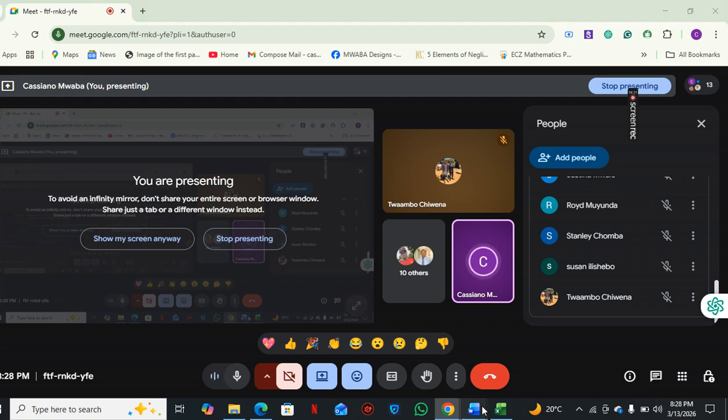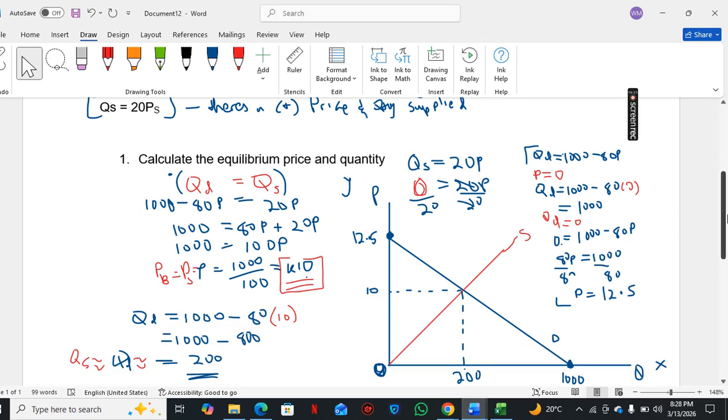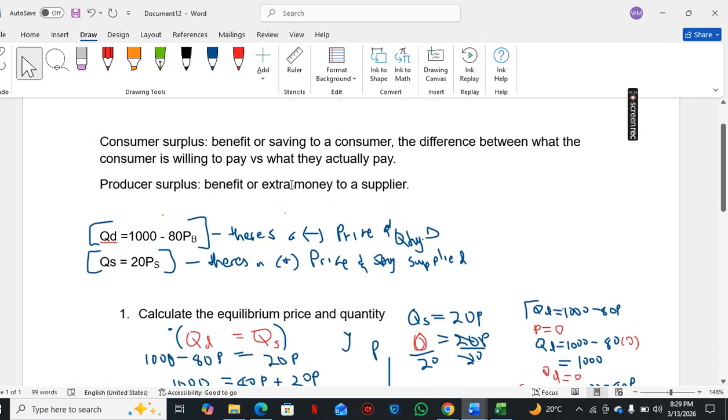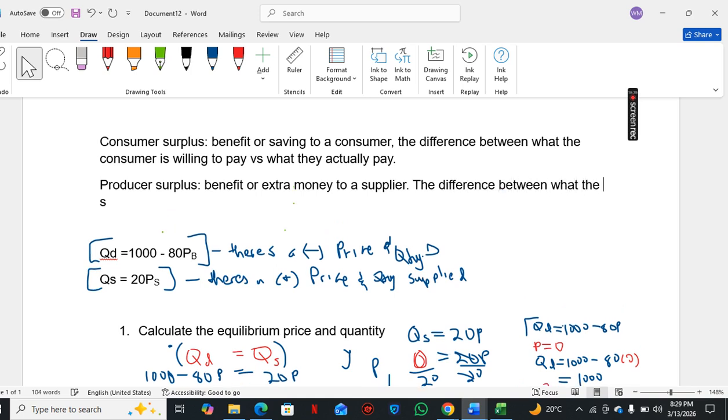Then producer surplus, the definition. It is the benefit or extra money to a supplier. The official definition: the difference between what the supplier is willing to sell for and what they actually sell for. So if you're a farmer of